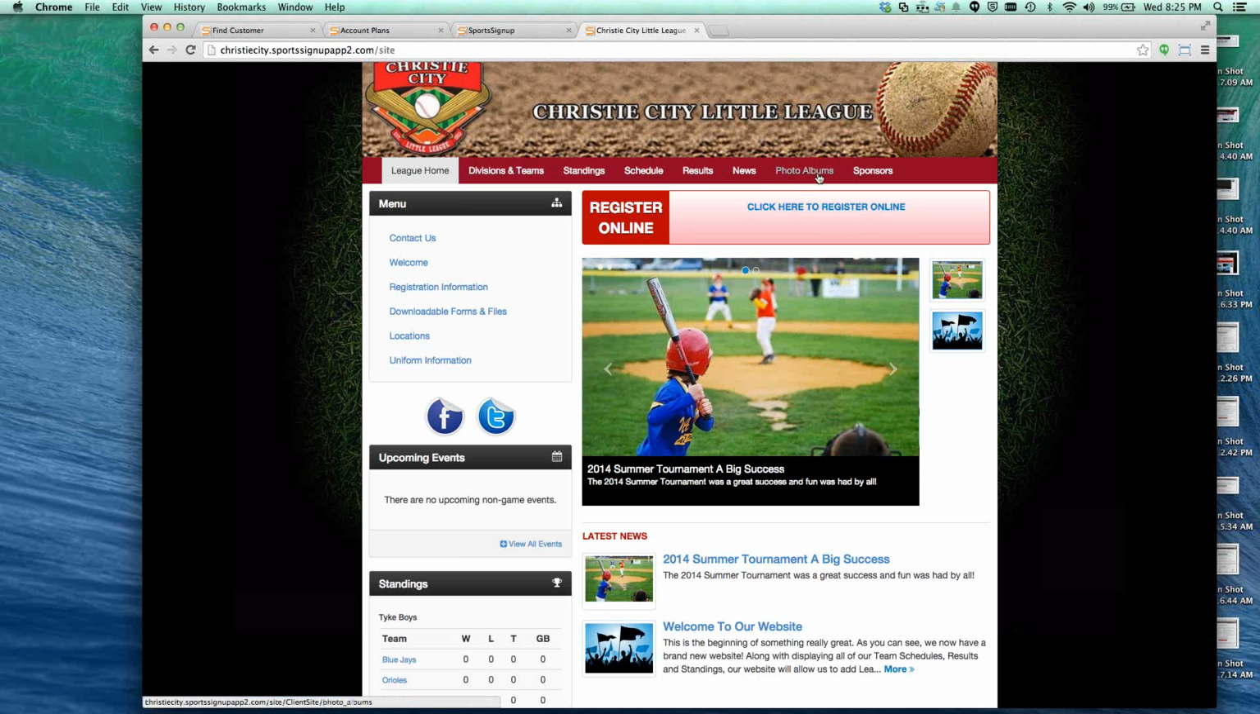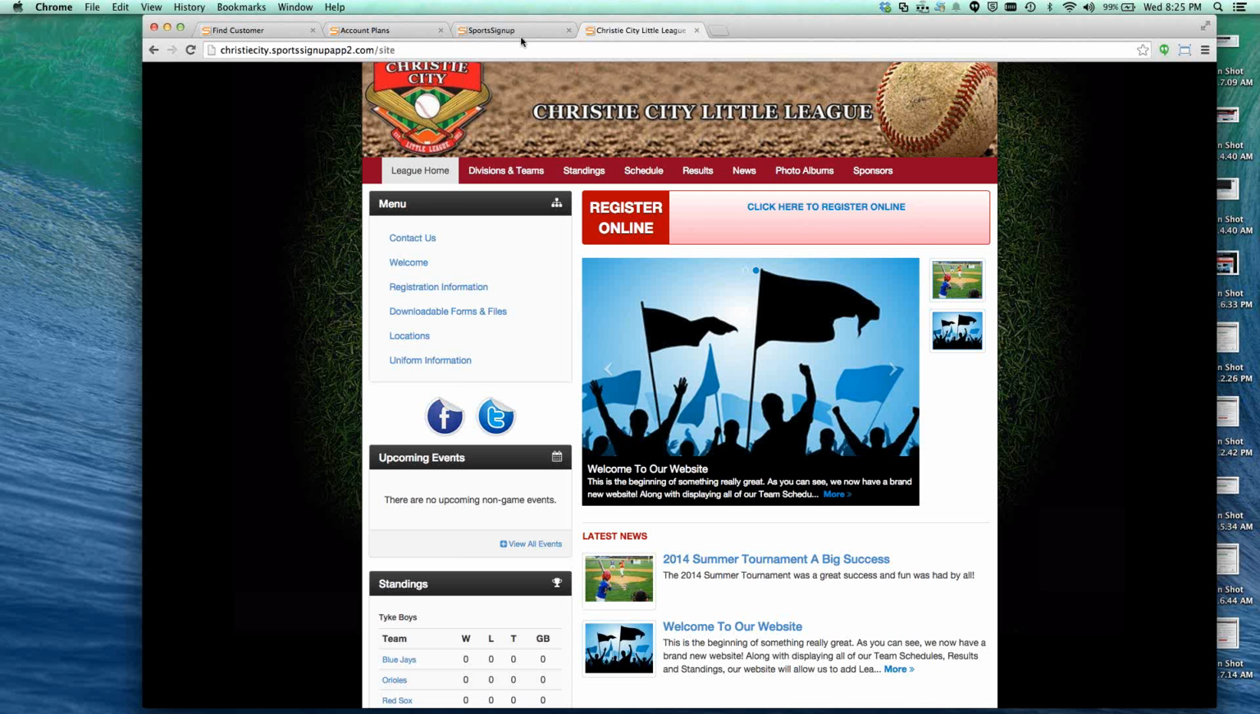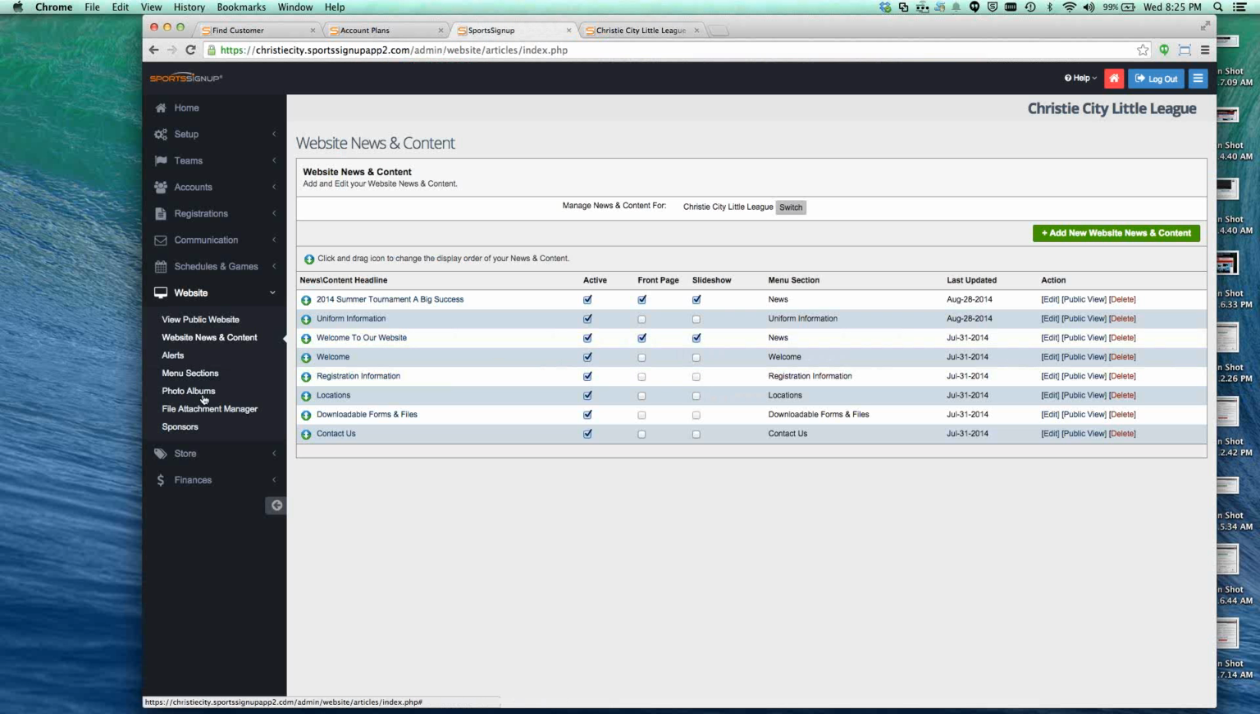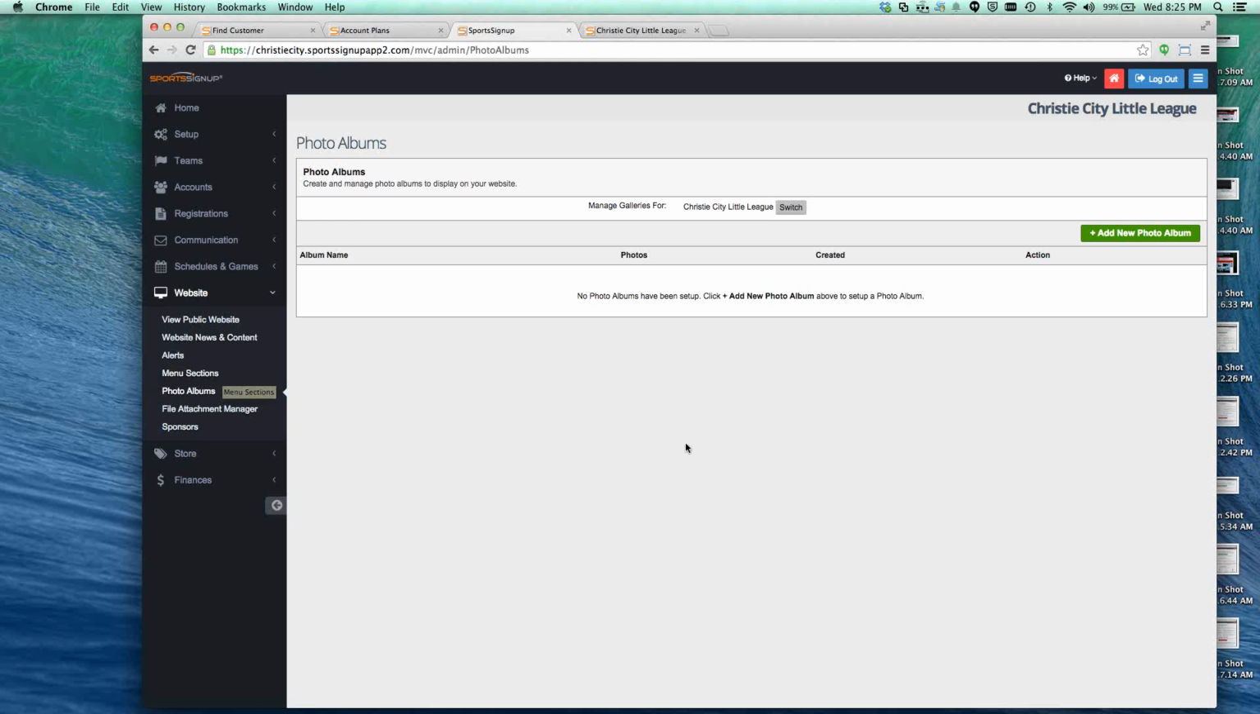In particular, right now we're talking about photo albums. It's a fun little feature that gets the parents or users engaged to come back and visit the site. Kids always love seeing themselves in pictures with their teammates, so it's a fun feature, and it's very easy to use. So if they're going to go to, again, website, photo albums,